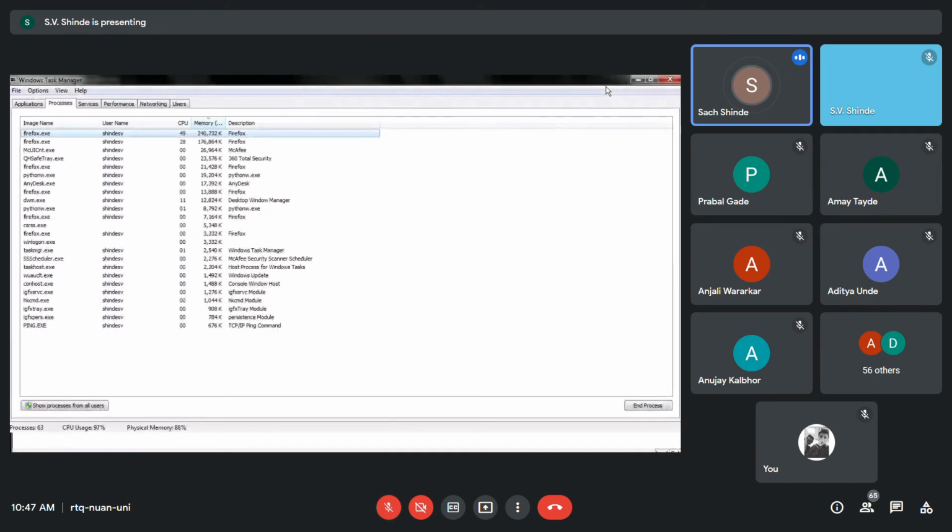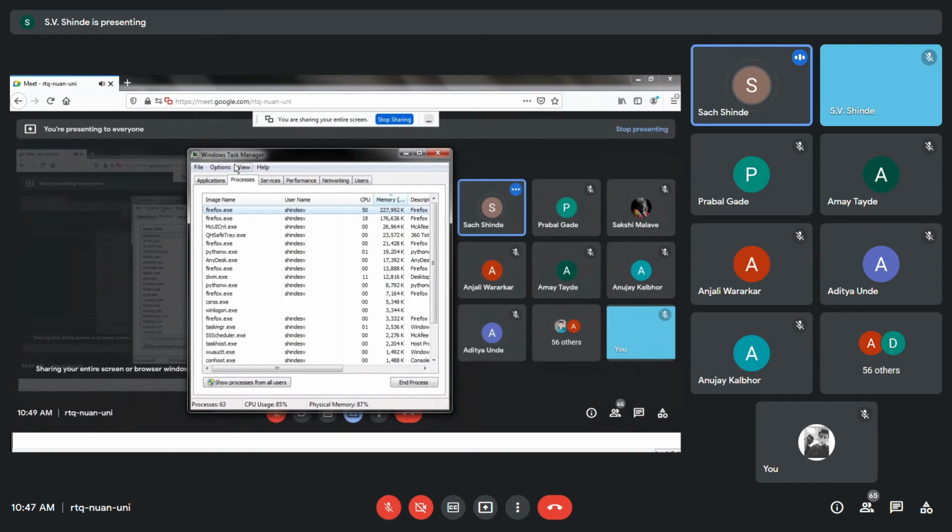Okay, so this is a simple task manager, and it is showing us various programs or processes running at the system level. The system is your operating system, so based on the OS, it is either 16-bit, 32-bit or 64-bit. Currently, we are working with 32 and 64-bit systems.